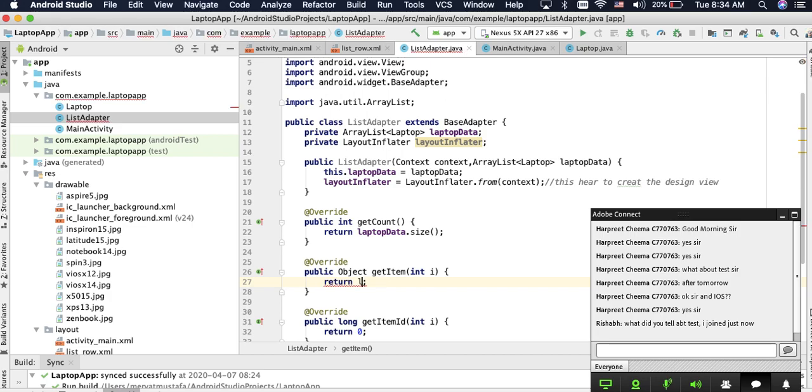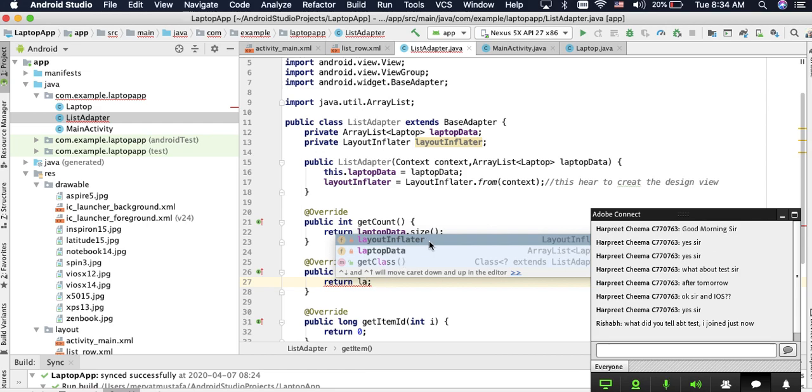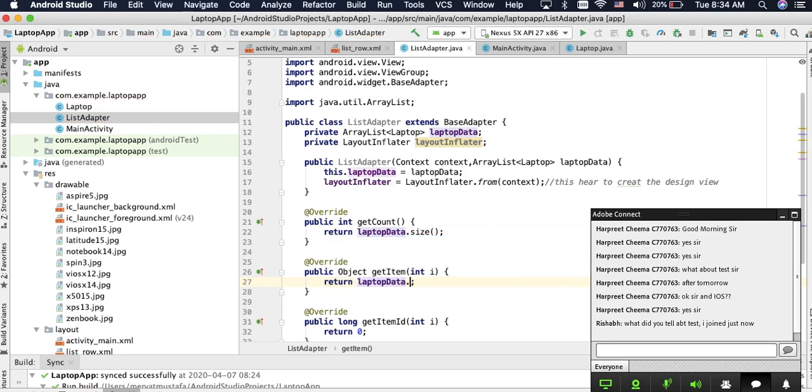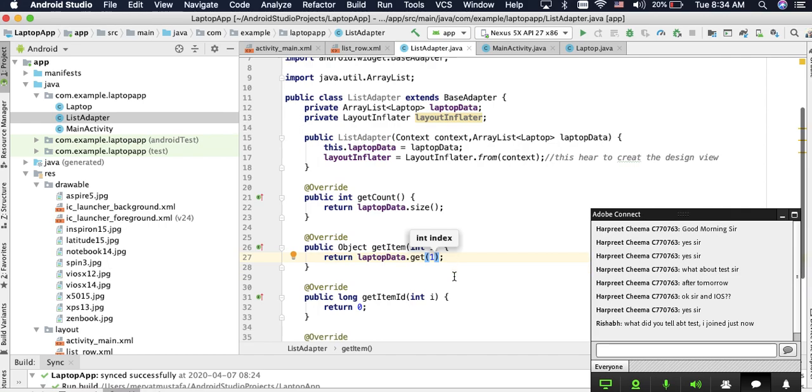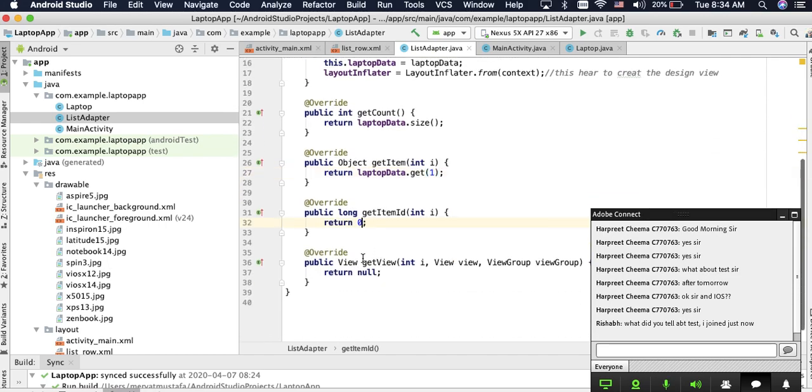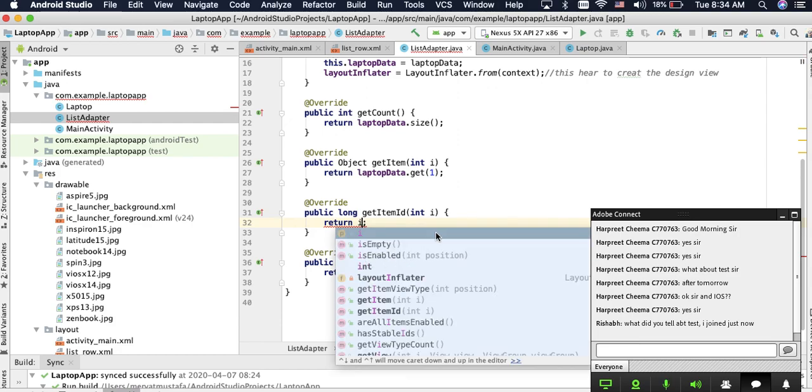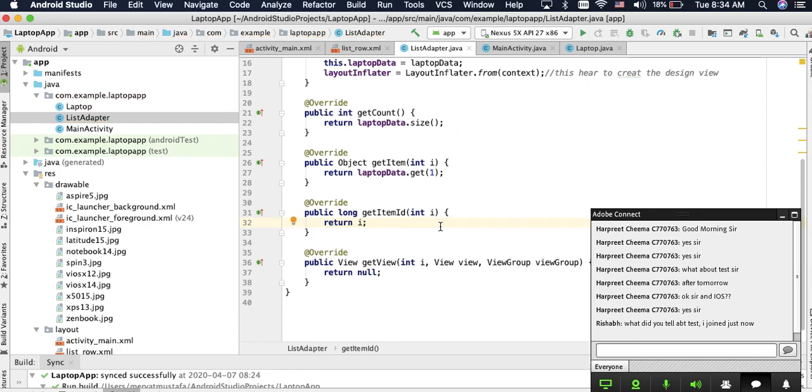It's the laptop data dot get I. This is the item, and here the index or the item ID is the index, which is I. Now let's drink some coffee first and